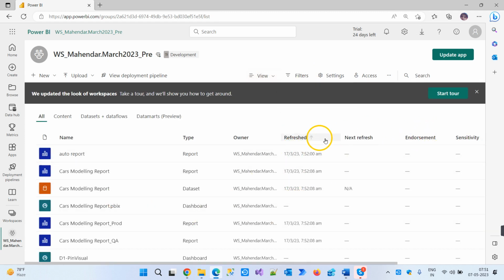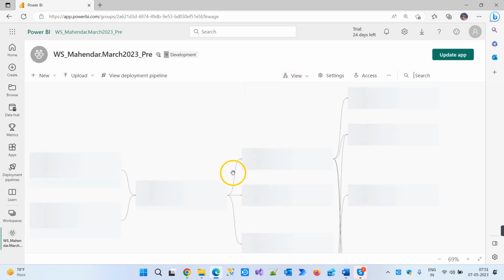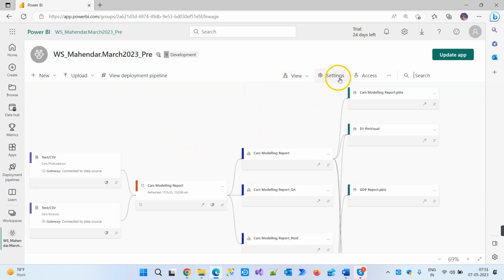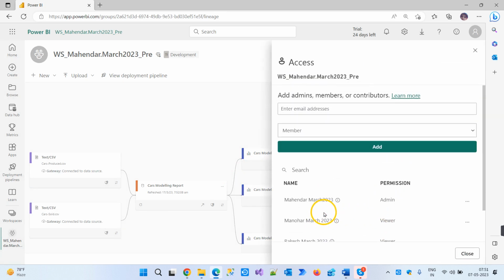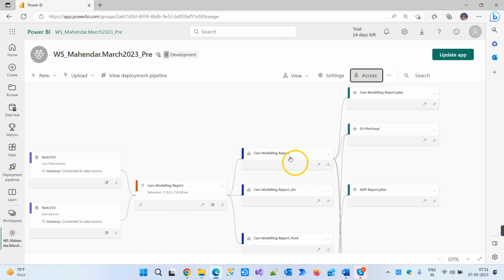So you can see in the list view and lineage view. In the list view you can understand these things, and in the lineage view you will see the dependencies and all. And we can see the settings and access, and we can also share access to the people, okay, to your team members, right? So everything that you can do, we can create apps, we can create data marts and data flows and everything that you can do. Okay,